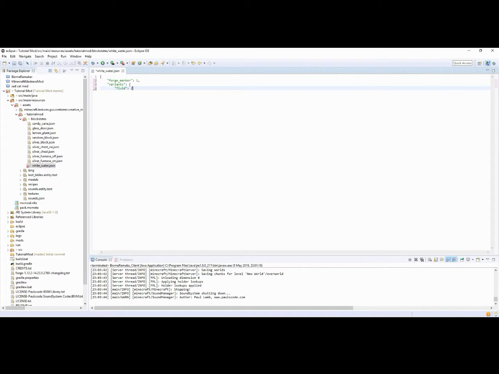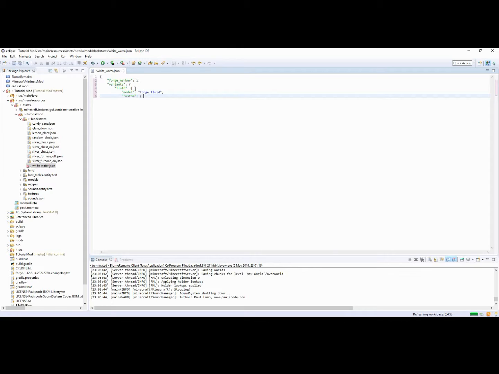So another bracket, tab in again, and put in speech marks model, put colon, speech marks again, forge, colon, fluid, comma, and then on the line below put speech marks, and inside there put custom, colon,